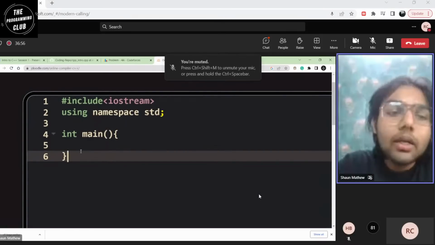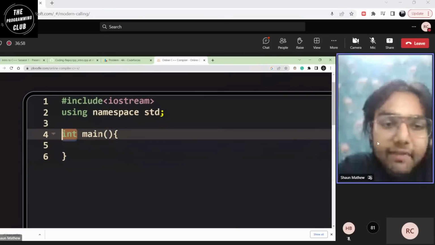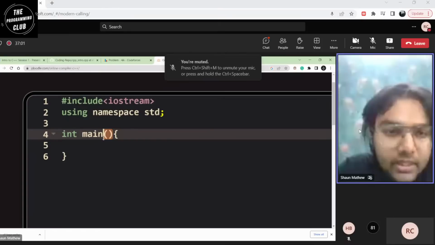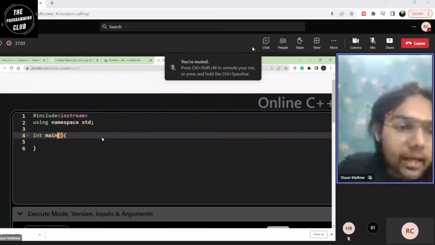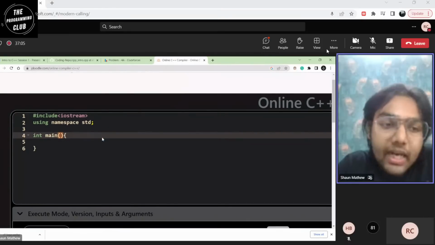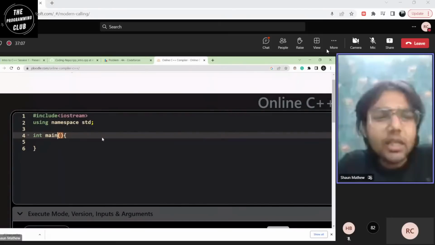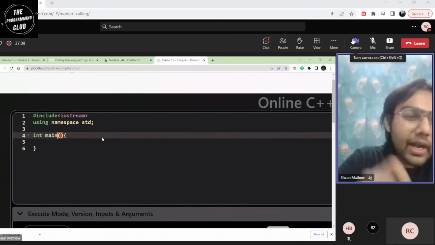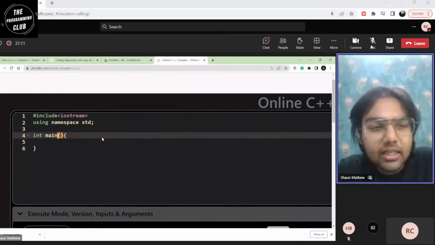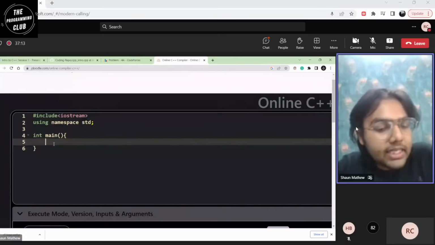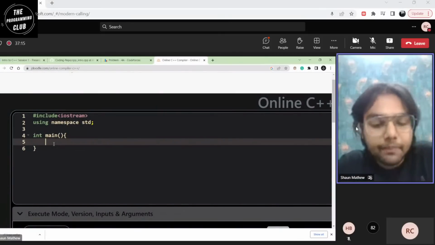Very simple. Now, what is int? Why have I written main? What are these braces? This is just a part of the language. You can consider this to be the grammar of the language we are learning. You don't need to fixate on why this is not curly, why this is curly, and so on. For now, we'll accept it as it is, and learn more eventually.